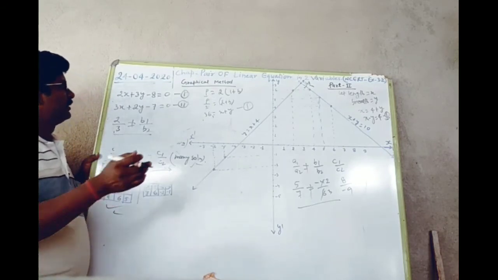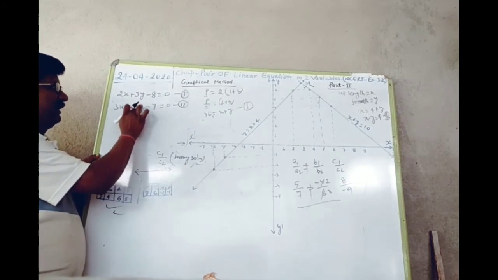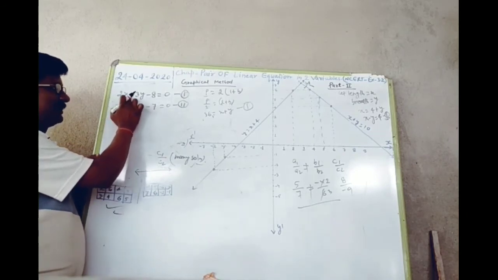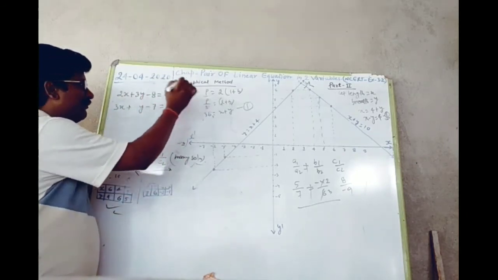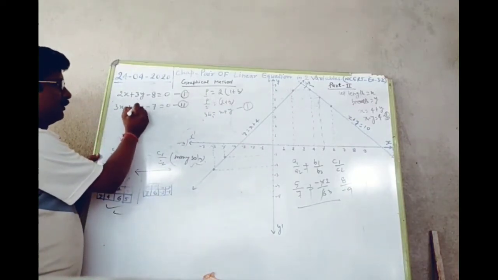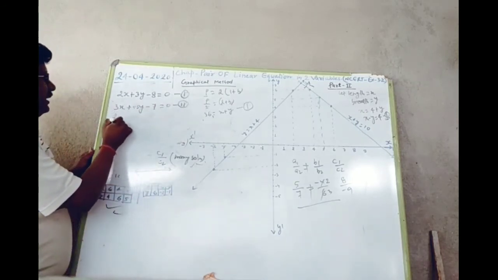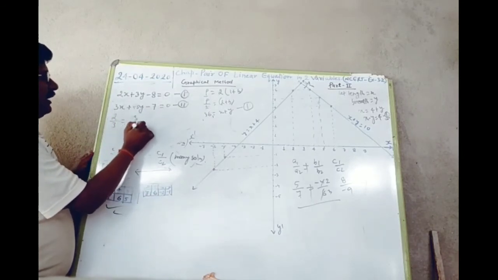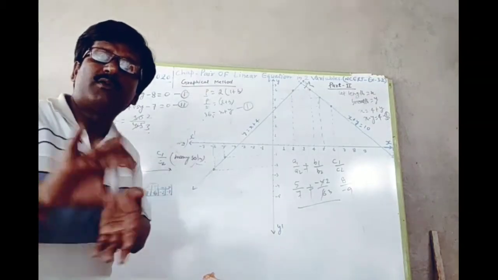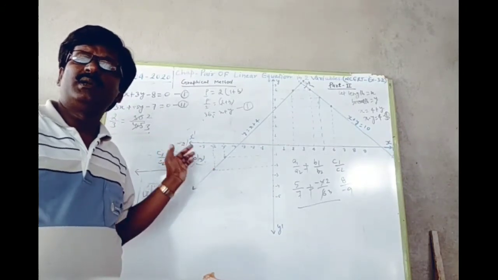Okay. Suppose for no solution, we can write: the first equation is given, 2x plus 3y minus 8 is equal to 0. And this is 3x plus 4.5y minus 7 is equal to 0. Then 2 by 3 is equal to 3 by 4.5, which is also 2 by 3. So it can be understood that a1 by a2 is equal to b1 by b2. Therefore, it has no solution, and this system will give you parallel lines.